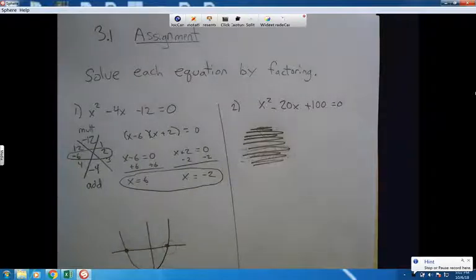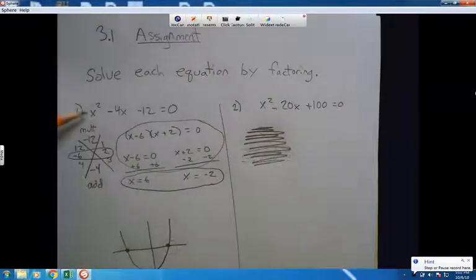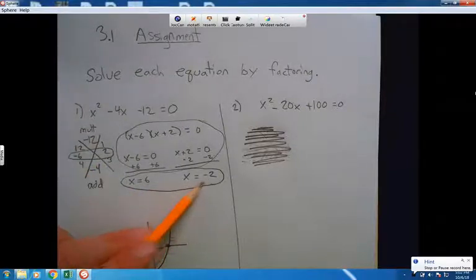And the answer is, as long as there's no number in front of the x squared term, this is important, you don't have to do all of this. If there's no number in front of there, you can literally just take this number, change the sign, that's where it will hit the ground, and change the sign of this, so it'll hit the ground at -2. So let's take a look at what it would look like to do it a little quicker when we do problem number 2. So I'm going to make an x,